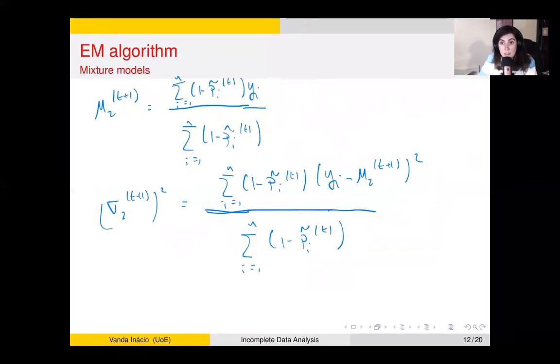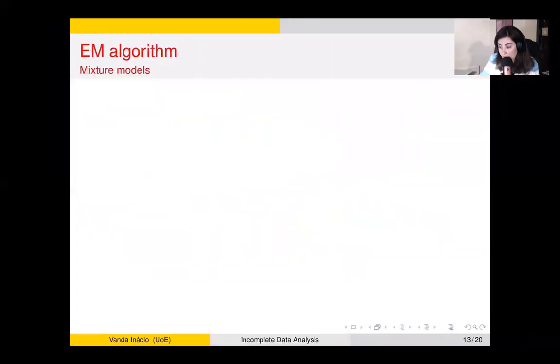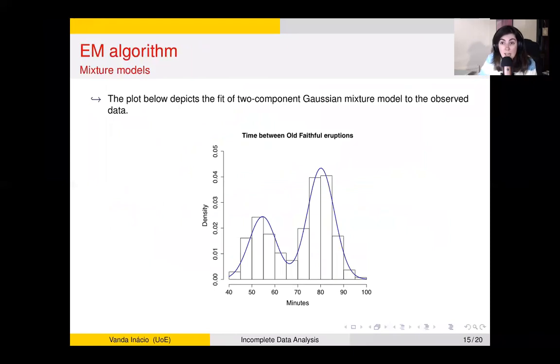Once we have our M step completed, so we have updated estimates of the means, the variances, and the weight of the components, I go back to the E step, I replace my most updated values, then I proceed again to the M step, and I iterate until some convergence criterion has been met. Okay, and I have here some slides in blank. And after implementing this procedure in R for fitting a two-component Gaussian mixture model, we have the code available here on